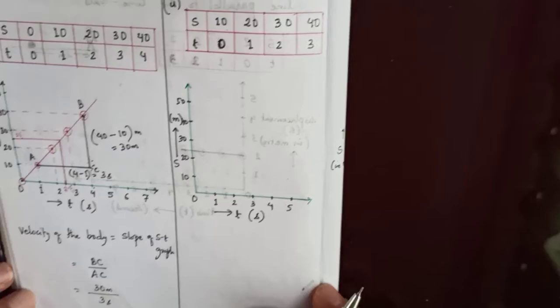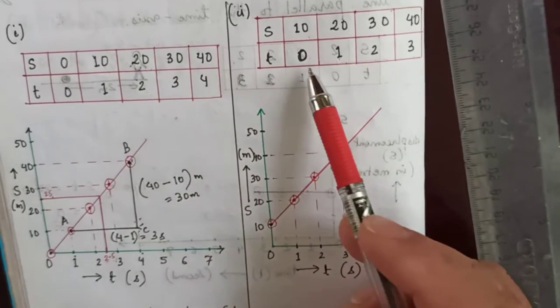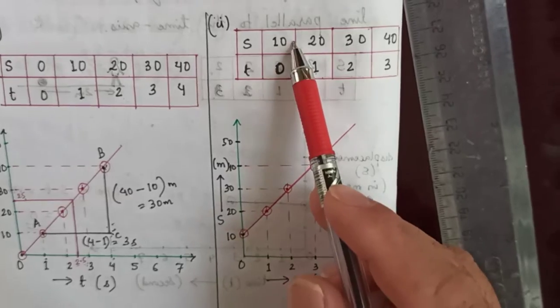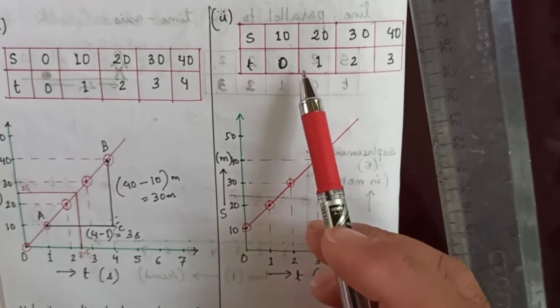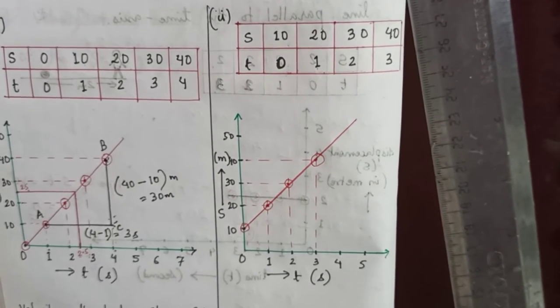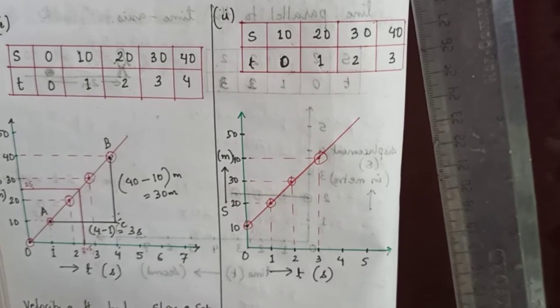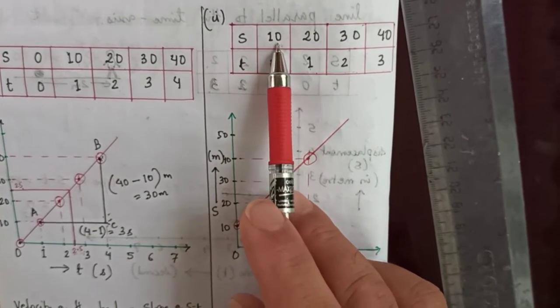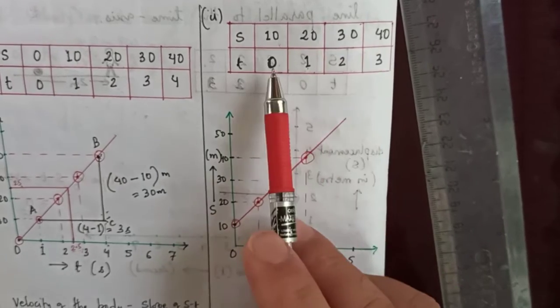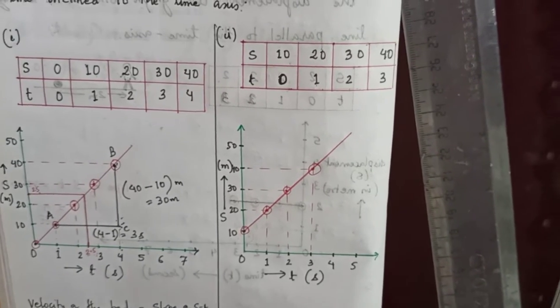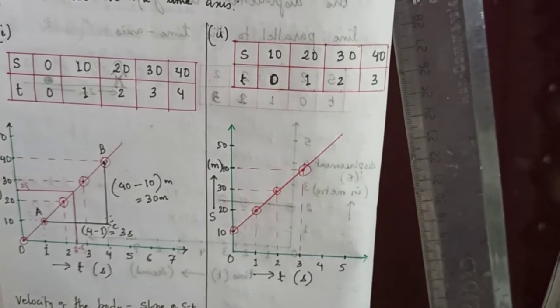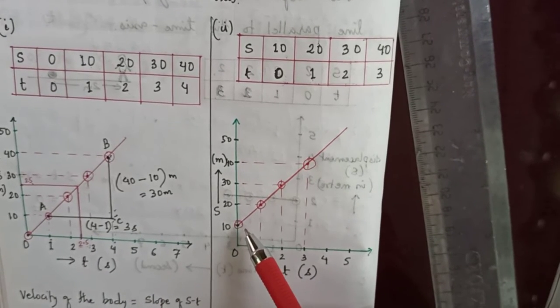The second one is, for the second data, if we plot the graph, then the graph will be like this. Because when the time is 0, in this case displacement is not 0. Here the displacement is 10. That means the body is 10 meter away from the observer initially. So that is why the graph will look like this. The displacement is increasing by equal amount in equal time interval. So that is why the body is moving with uniform velocity. And when the body moves with uniform velocity, its displacement time graph will be a straight line inclined to